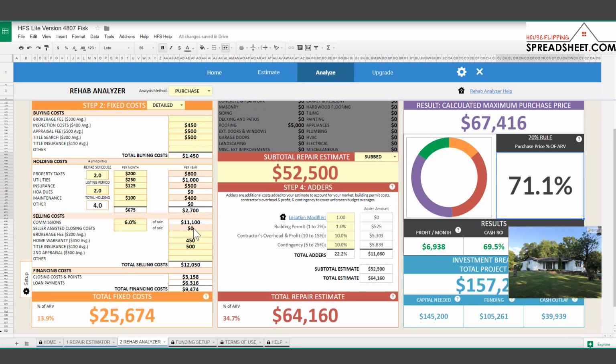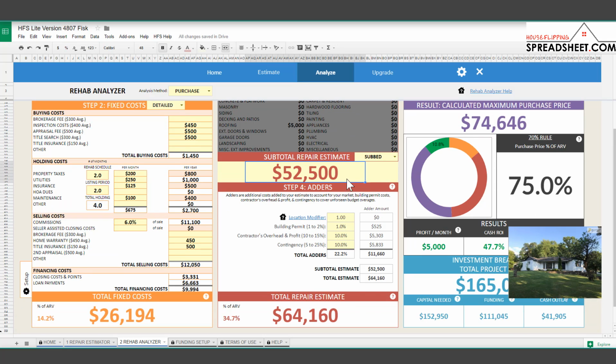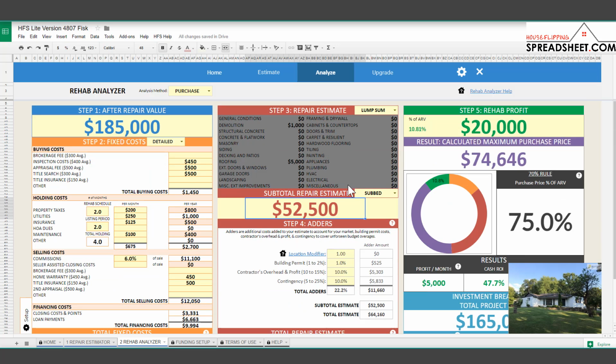So maybe we could be a little bit more aggressive on our offer. Maybe we could decrease our profit here to get us up to 75%. And so right now, I bet $75,000 is about as high as I would want to go on an offer for this property. So that's a quick overview of how you can use the Rehab Analyzer tool to